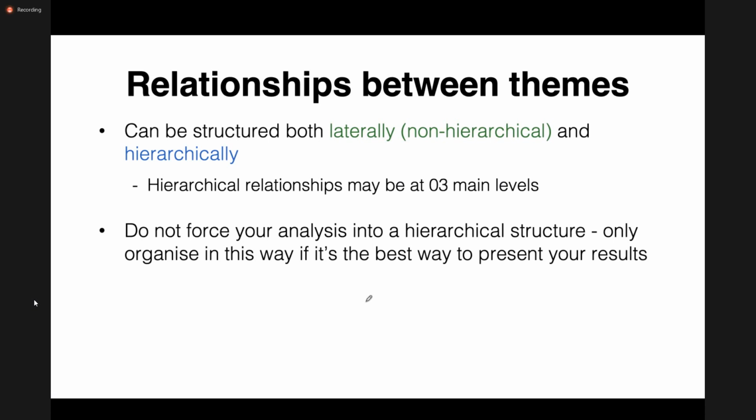If you're putting them in a hierarchical structure, say go for mainly 3 levels, maybe not more than that. You can't force your analysis into a particular structure. You can only organize and show it in this way if that is the best way to present your results.